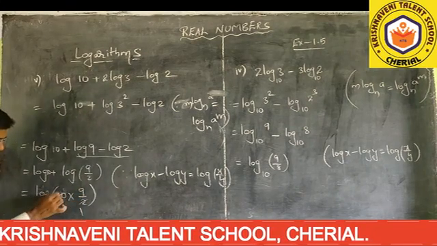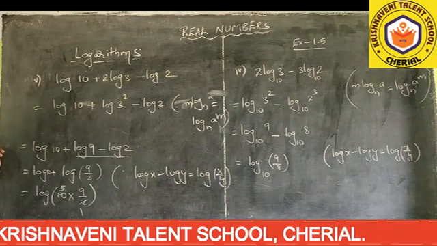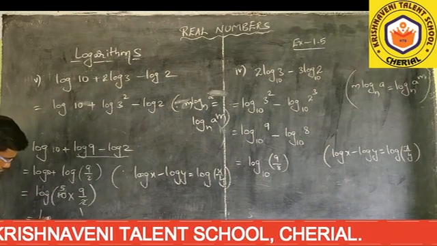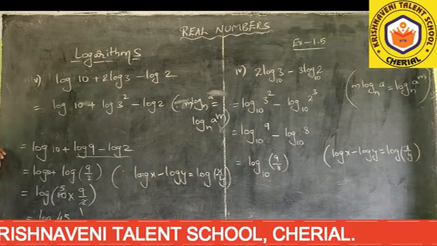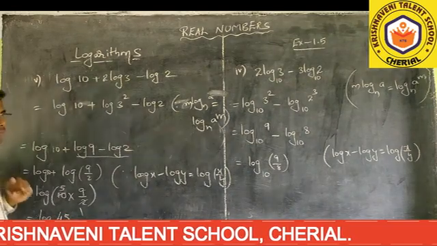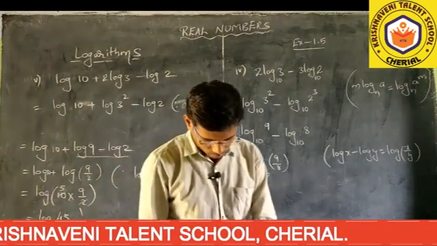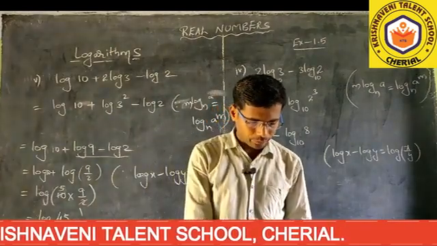Into means what? 2 ones are 2, 5 twos are 10. Which equals, how much will we get as its value? Log 5 9s are 45. So log 45 is its value. Log 45 is the value. So by this, your second bit is completed.